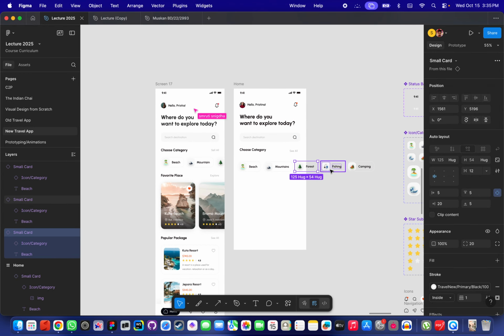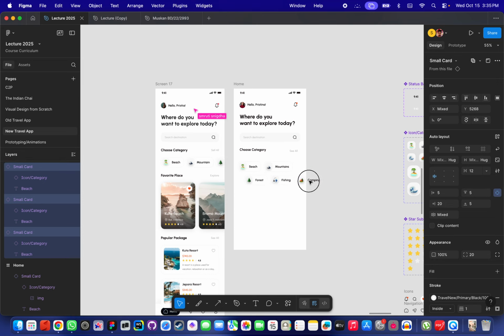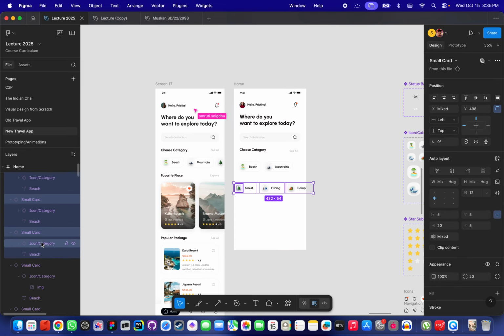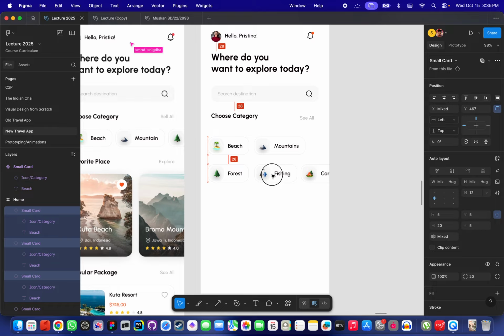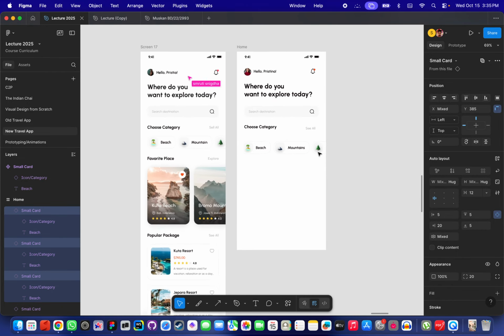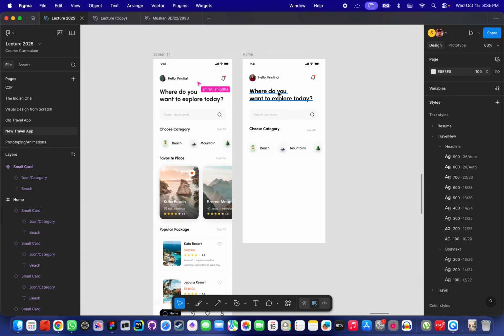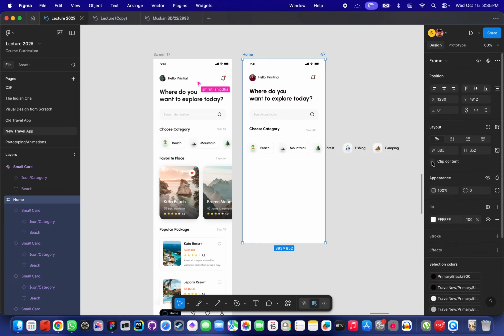So for example, I need to come here and get this inside the frame. Now are they inside the frame? Can you see that they are inside home over here? But now I can do this. You can't see them, but they are inside the frame. But if I want them to be visible, clip content. So if I undo the clip content for the whole thing,